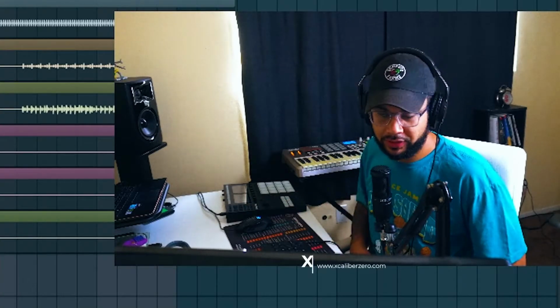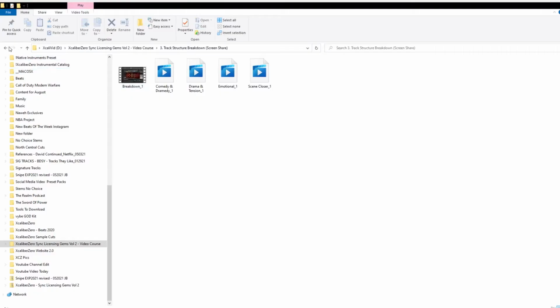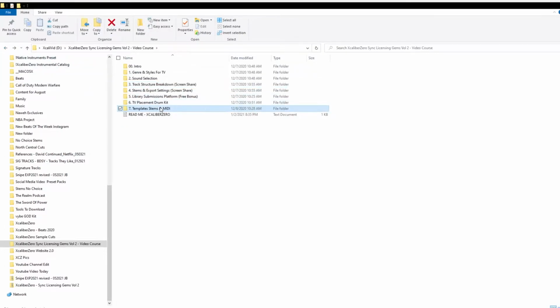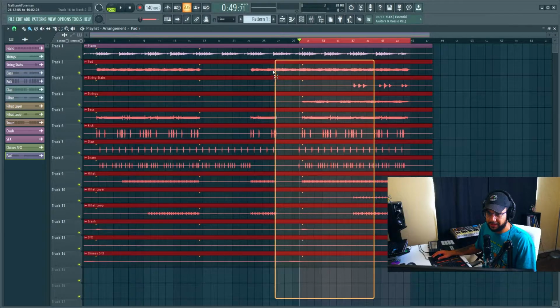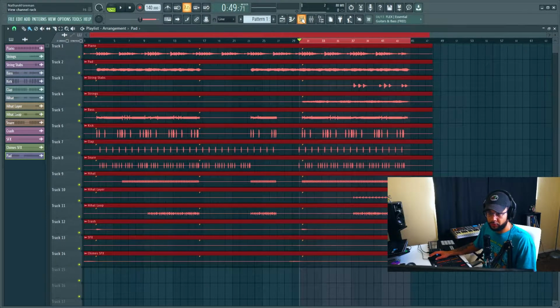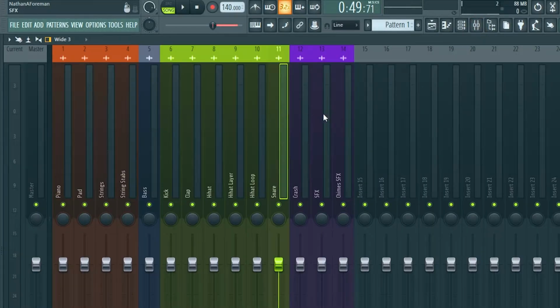All right, so let's get right into this. Basically what I did here is dragged in the stems from my sync licensing course. This is from the scene closer template. I have different genres of different templates in the sync licensing course, and this is just the stems. I dragged in all the sounds, the individual stems, and then I put them each in their own